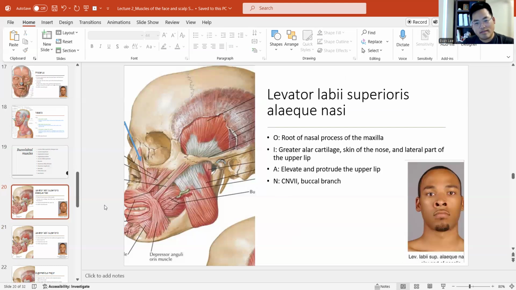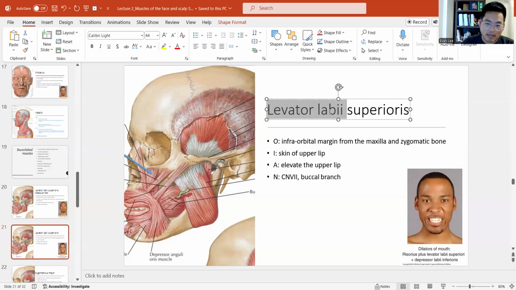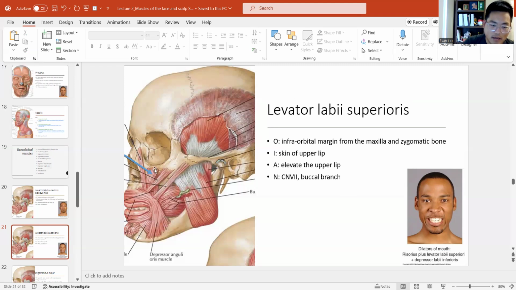So you had a levator labii superioris aliquae nasi, but if you look closely, you have another muscle connected to the upper lip. And this muscle right here is just levator labii superioris. So they both connect to the upper lip. They both help with elevating the labii, but this one does not really have any effect on the nose. And you can see that its origin is a little different as well. So it's connecting right along the front of the zygomatic bone, and then it's going to go down to the upper lip to help with